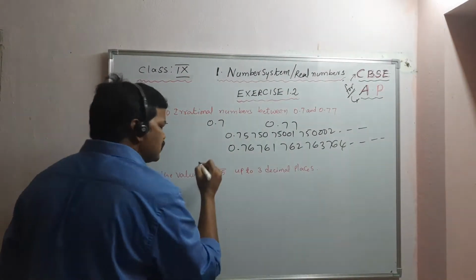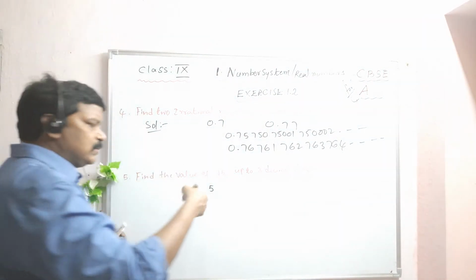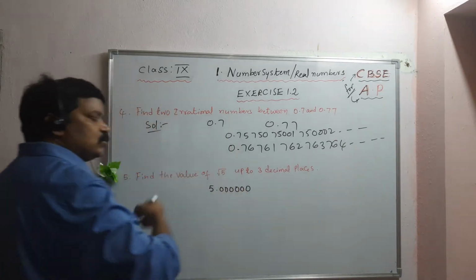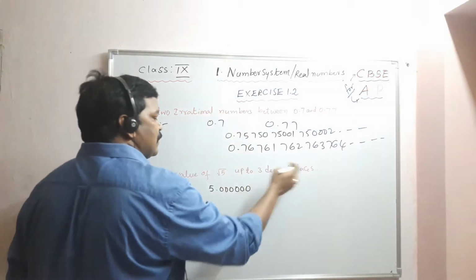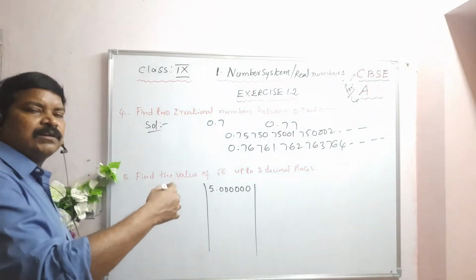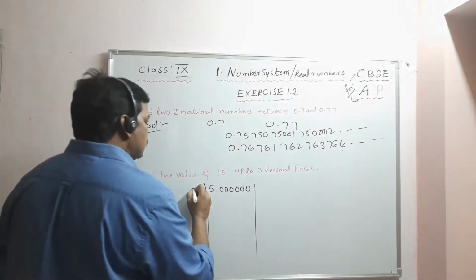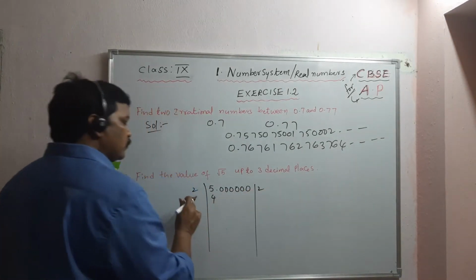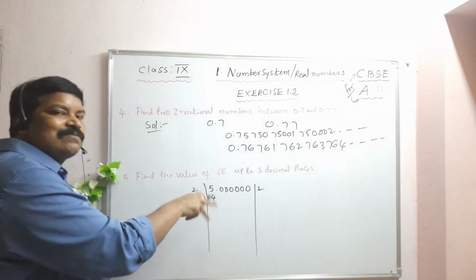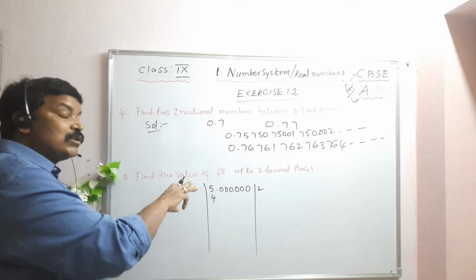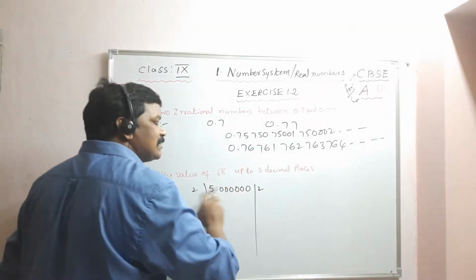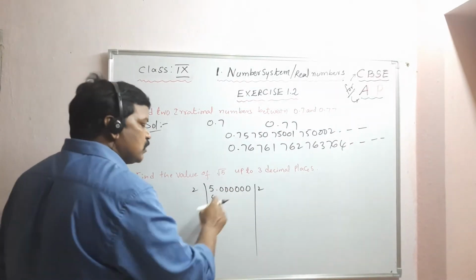So we can solve this sum in two methods. Take 5.00, like that you take 6 zeros. If you want more places, just increase the number of zeros here. We will do this sum in the division method. Here 2 2s are 4. Why do you take only 2 2s are 4? That 4 must be less than 5. It should not exceed 5. You should not take 3 3s are like that. Okay, 2 2s are 4.